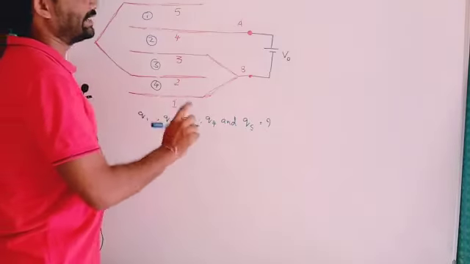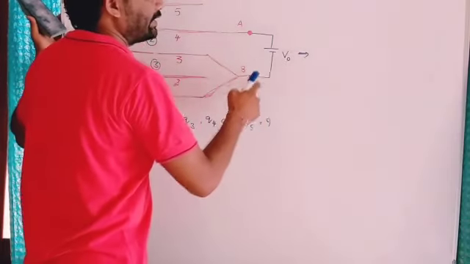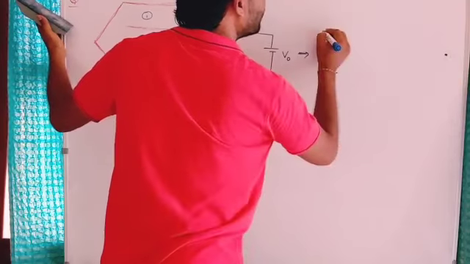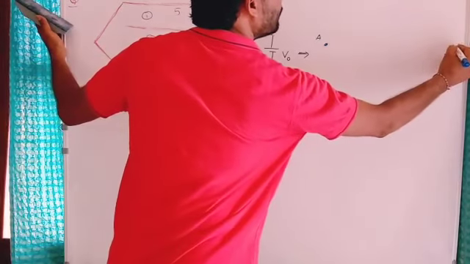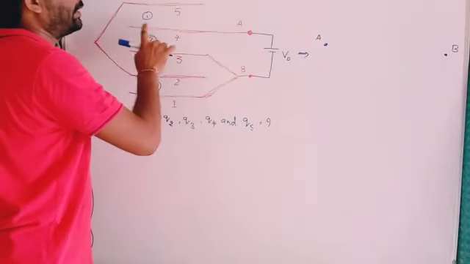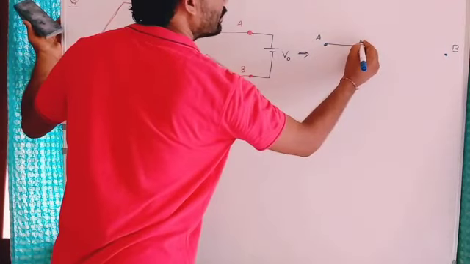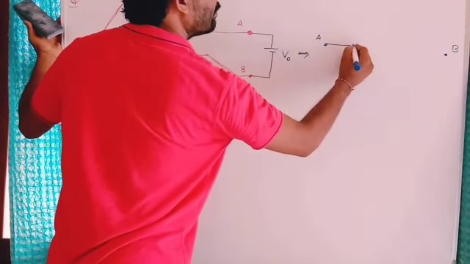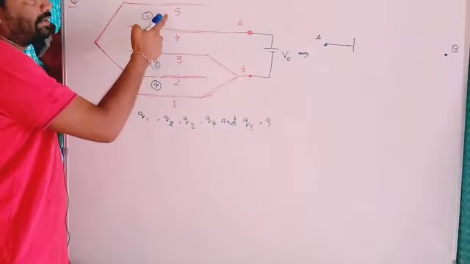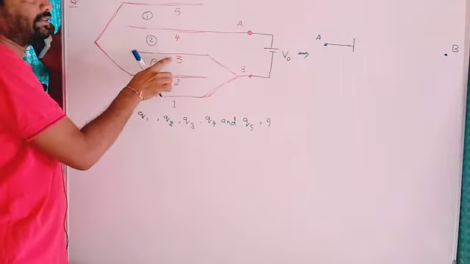So I'll draw its equivalent circuit diagram here. I'll take these 2 points with some gap, the terminal points A and B. Look at this. Here the 4th plate is directly connected to terminal A. This 4th plate can contribute to 2 capacitors, with the 5th plate and the 3rd plate.